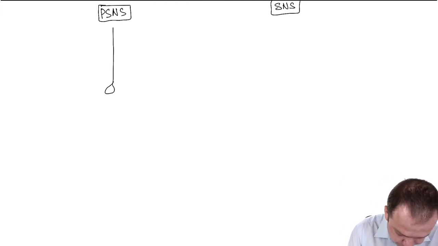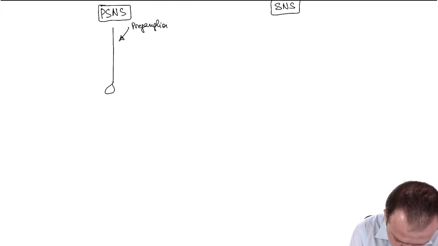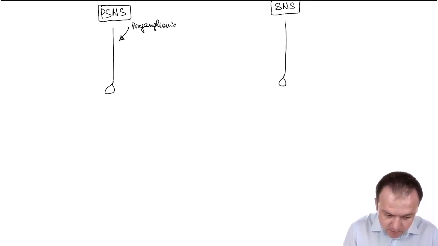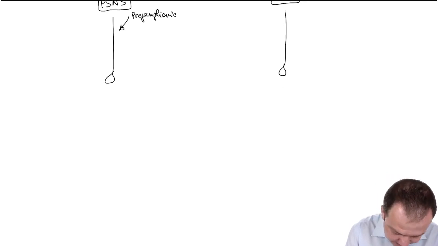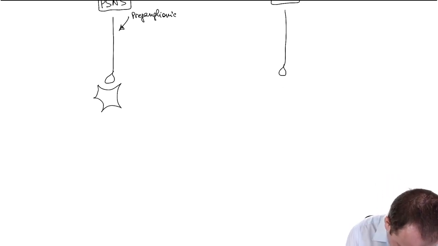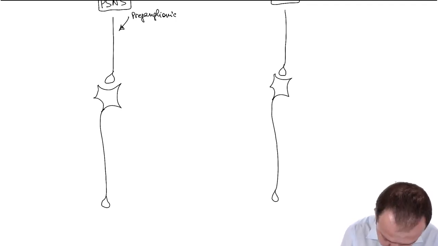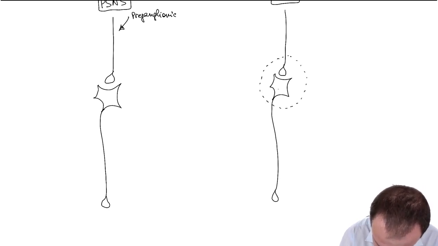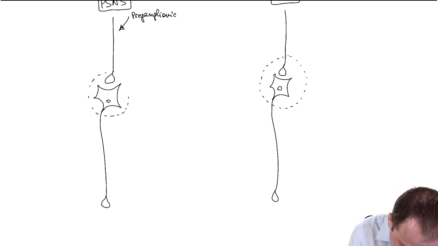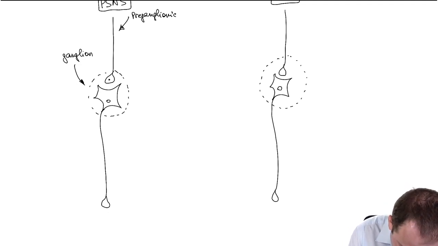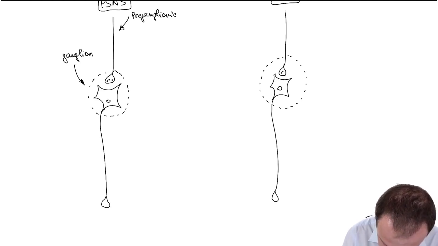Preganglionic fibers of the sympathetic and parasympathetic nervous systems release acetylcholine, because we have a ganglion, and we have postganglionic fibers. A ganglion is a place where we have communication between neurons. Inside ganglions, preganglionic fibers of both systems